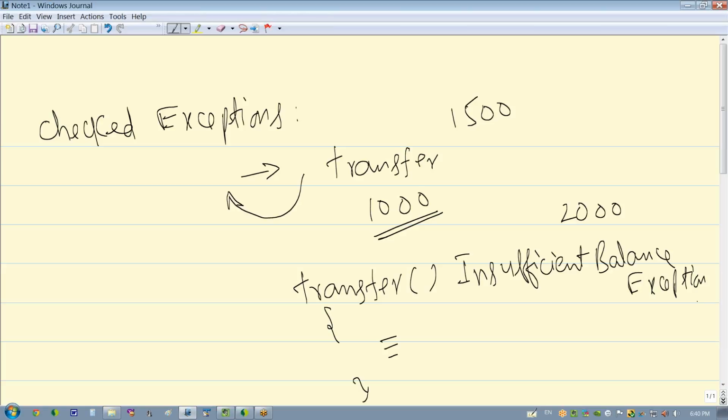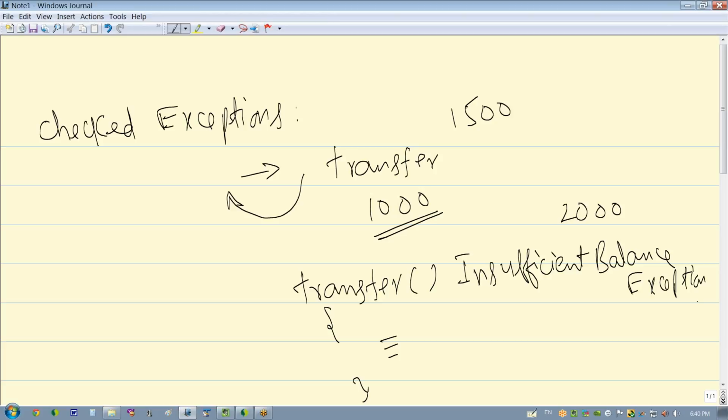So what is the method signature of your transfer? Your transfer method takes how much you want to transfer from your checking account to savings account. That's what it does. Like, what's the amount? And then probably it can tell you whether it managed to do it or not. That's a return type, right? So in the event that you don't have enough money in your checking account, you can potentially throw an error. If you run into this kind of situation where a method can potentially throw an exception,